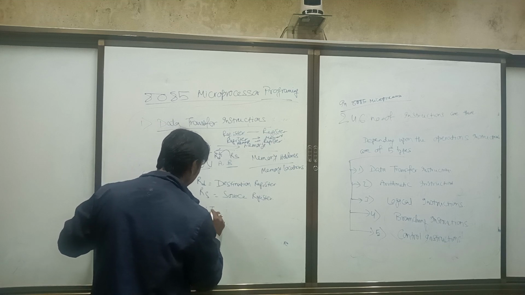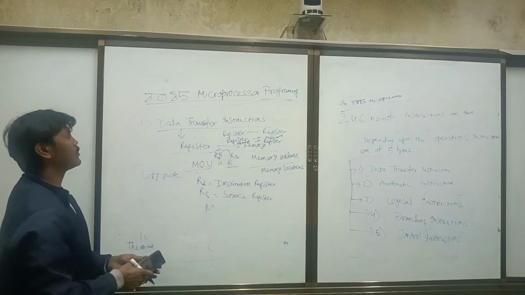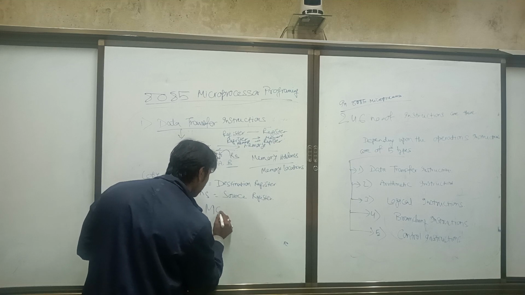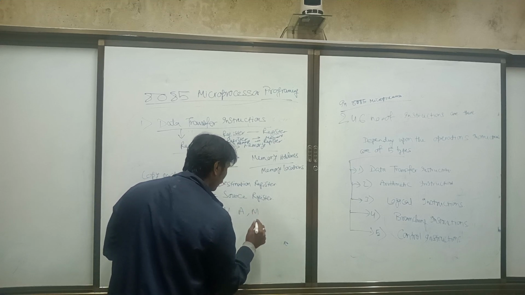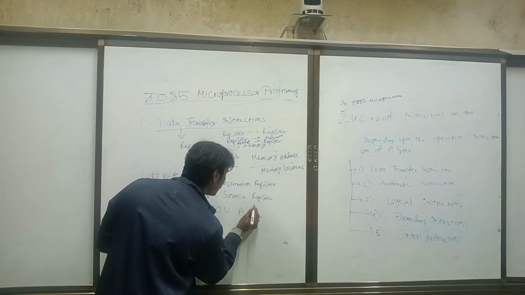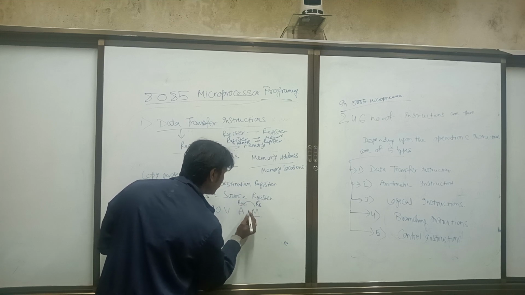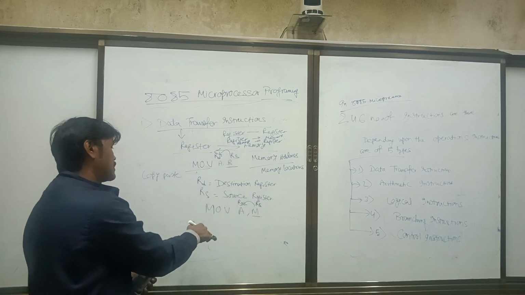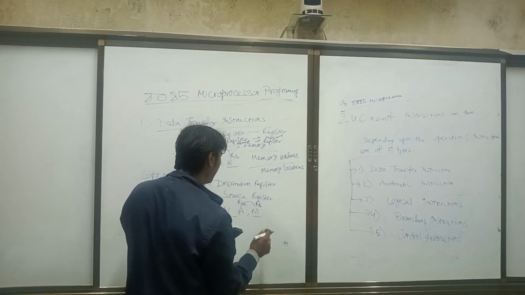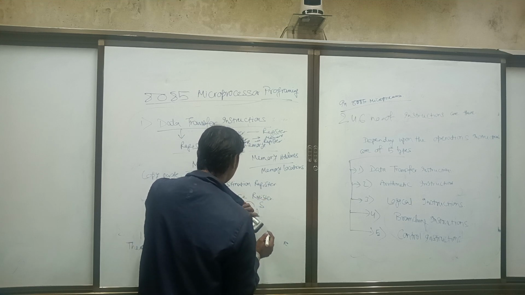If I say MOV A comma M, this is a kind of register to register transfer, data being transferred between these two registers. Now if I write MOV A comma M, what happens? M always belongs with memory. I told you each register pair denotes memory. So here this is your RS, this is your RD, source to destination.